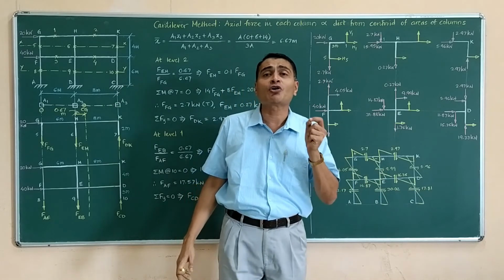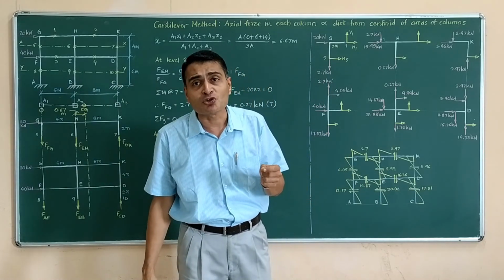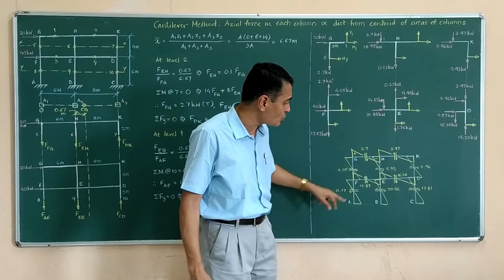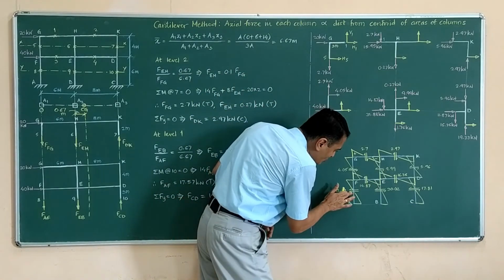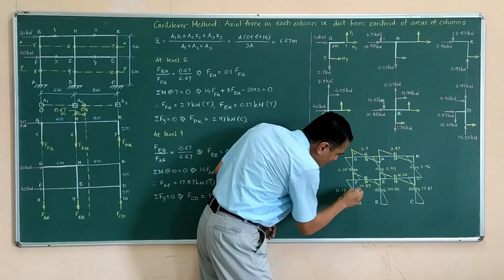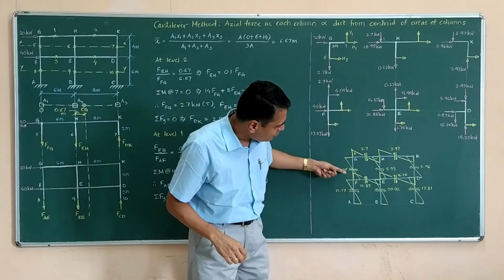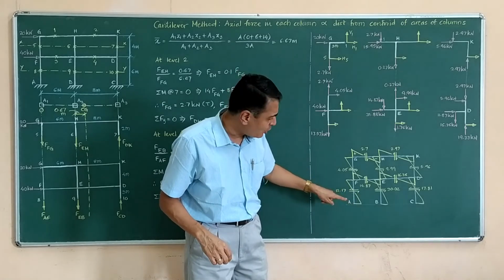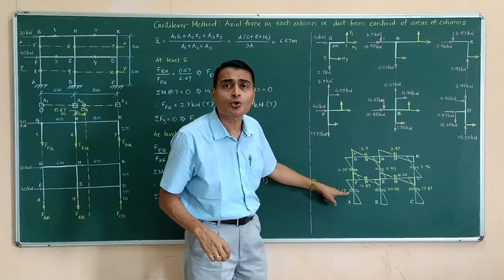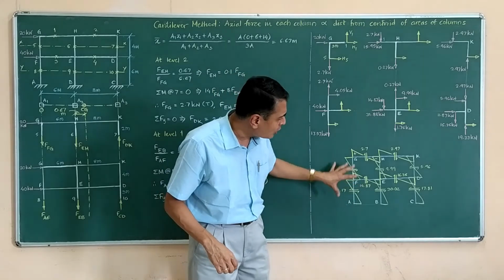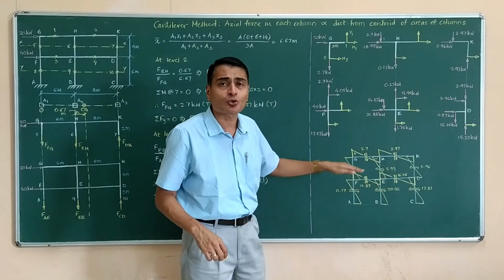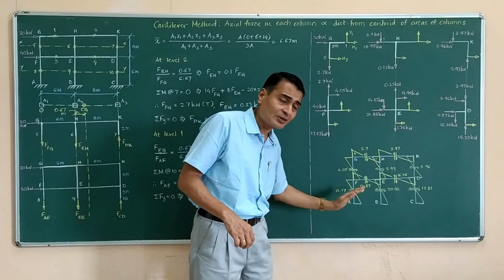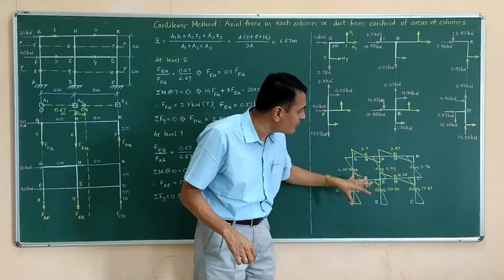Plus at the point of inflection where bending moment is 0, shear force is maximum. So we have shown maximum shear forces. This sign has to be like this. Above, right, below, left. Like that. A small correction here. Please note this correction. All these shear forces are like this only. On the upper side leftwards, on the lower side rightwards. And then we have drawn bending moment diagrams.